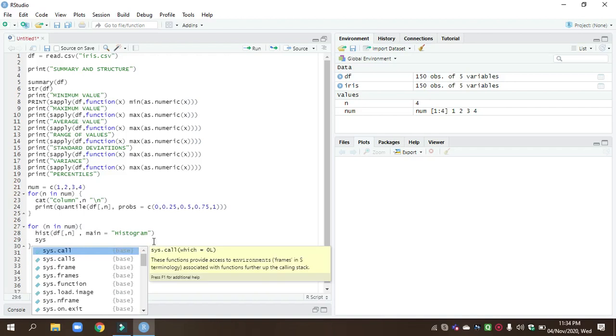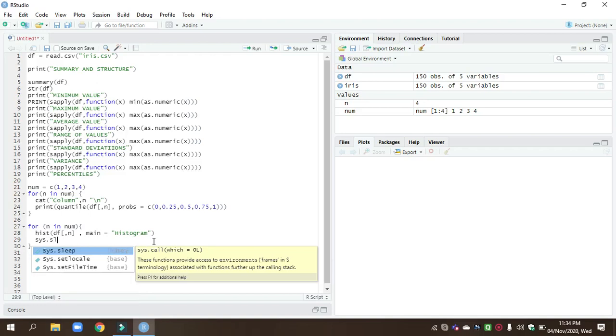In this histogram, we are giving the sleep time for the implementation of all 4 features that are given in the CSV file.